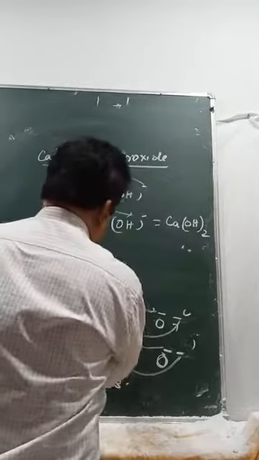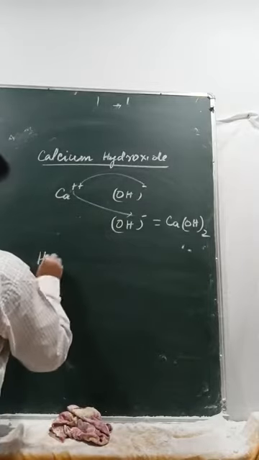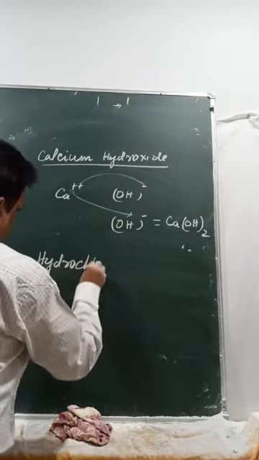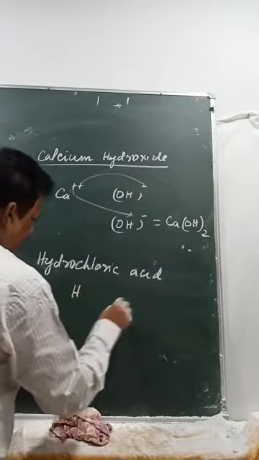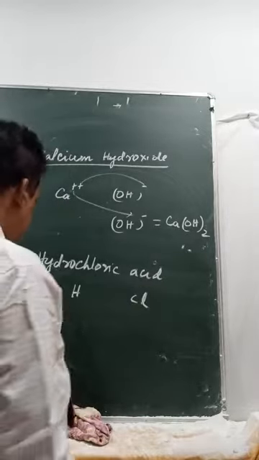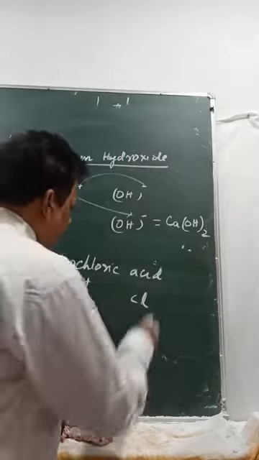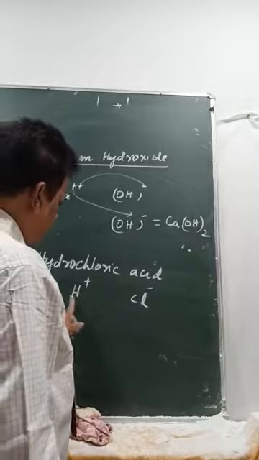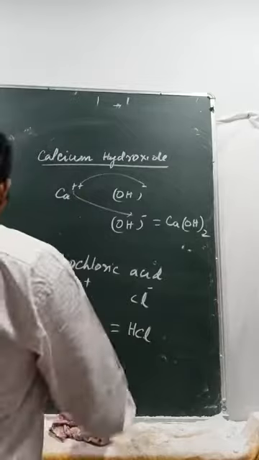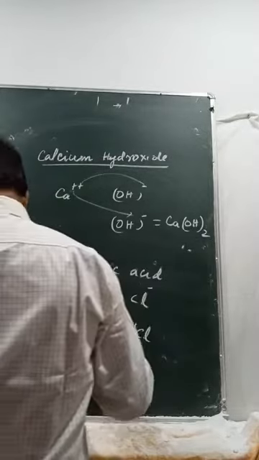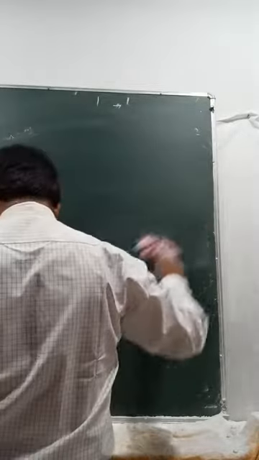Suppose I will write one more, hydrochloric acid. That means it is hydrogen and chlorine. Combination of hydrogen and chlorine. What is the valence of this? Plus 1. It will donate only 1. It will receive also 1. So these two can neutralize it. So it becomes HCl. The compound is HCl. Okay. Suppose I write calcium chloride. Calcium chloride already I have written, I think.